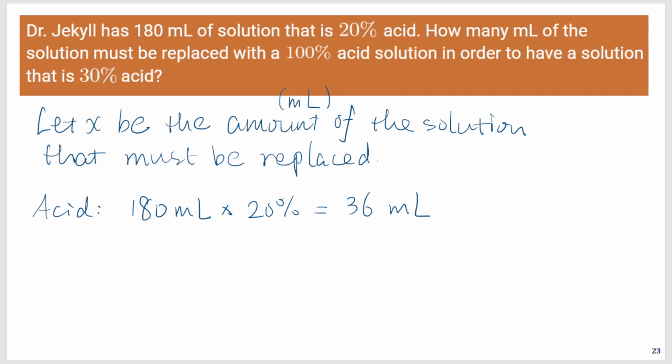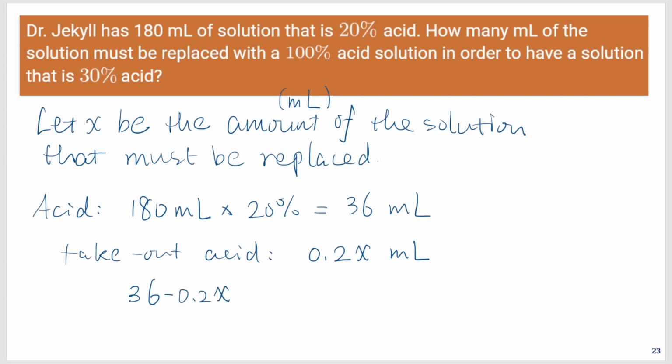This is the amount of acid in the original solution, right? When we remove X milliliters of the original 20% acid solution, we take out this amount of acid, which is 0.2x, right? So this only leaves us 36 minus 0.2x remaining